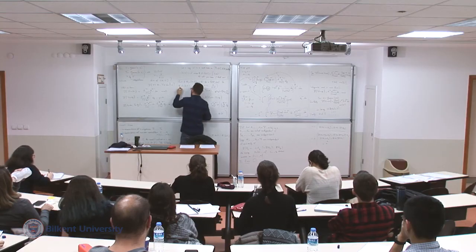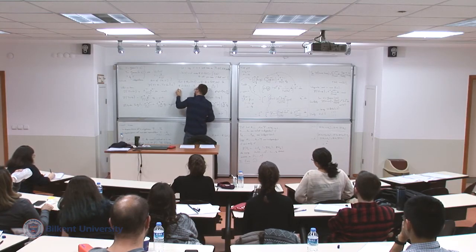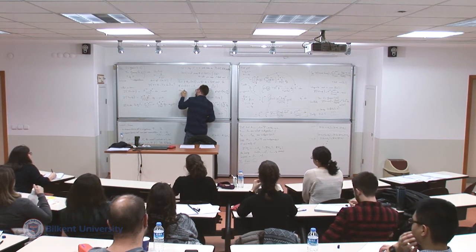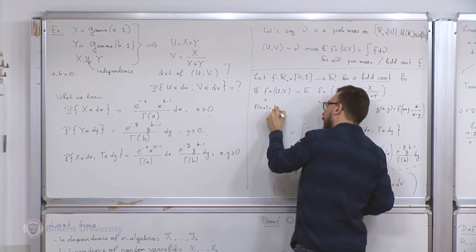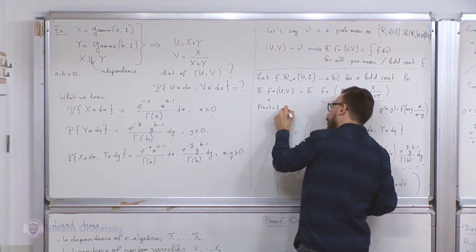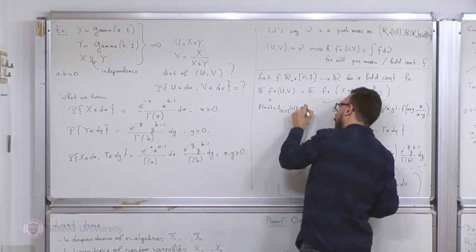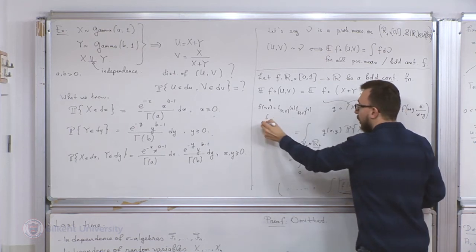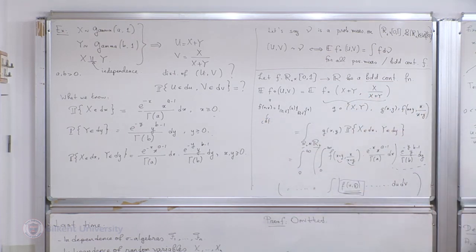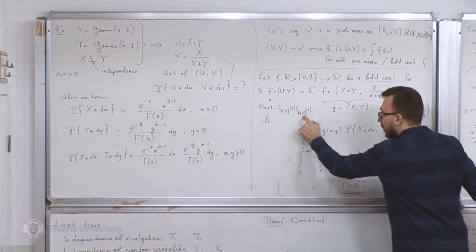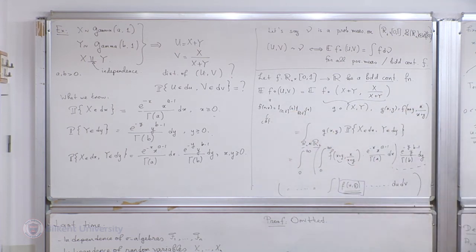Indeed, if you take f to be, let's say, the indicator of 0 to u bar of u and 0 to v bar of v, this would give you the joint cumulative distribution function, right? If you specialize into f equals, so this is less than some threshold, this is less than some other threshold, this would give you the cumulative distribution function. So the calculations about the joint cumulative distribution function are not really different.